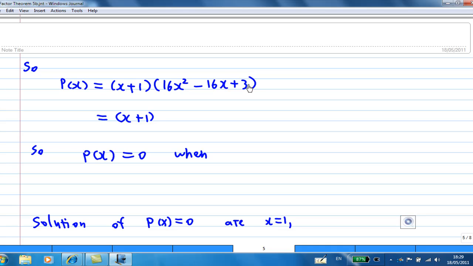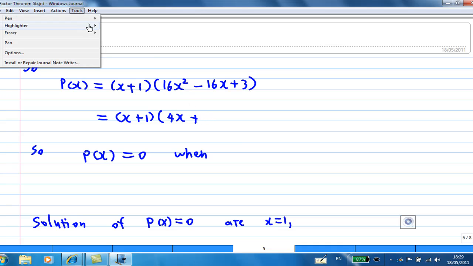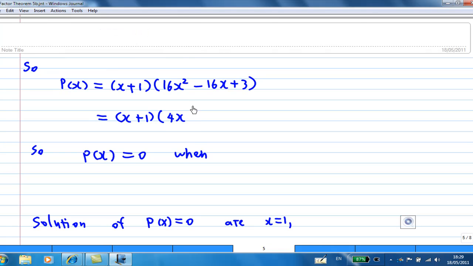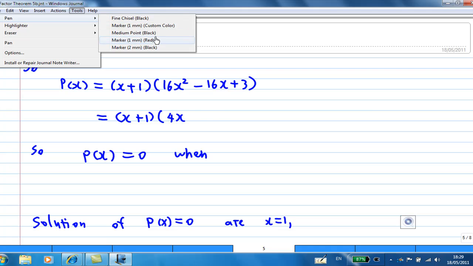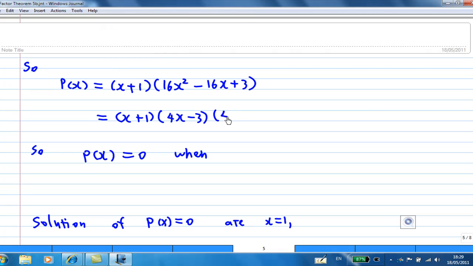Now, 16x squared minus 16x plus 3 can be easily factorized. This is equal to 4x minus 3 times 4x minus 1. So this will give me, multiplied by x plus 1, 16x squared minus 16x plus 3. So p of x equals 0 when x plus 1 equals 0,